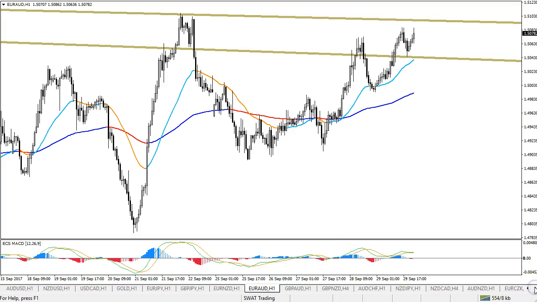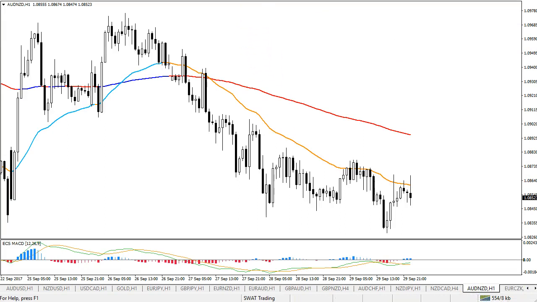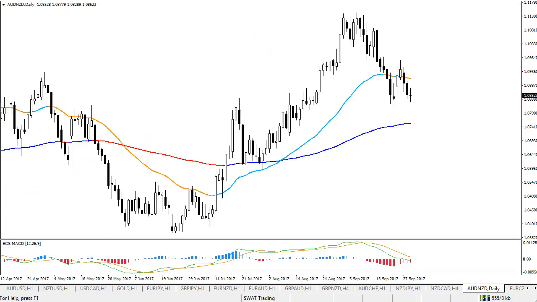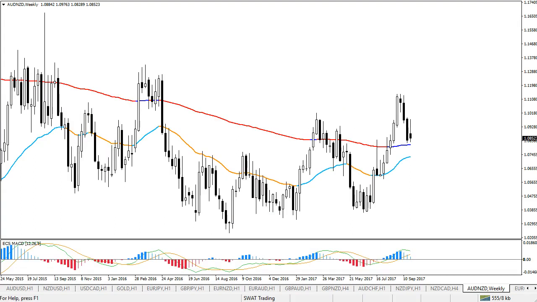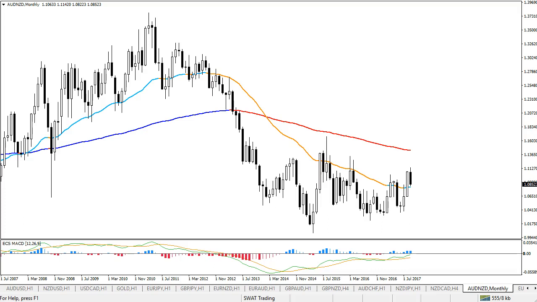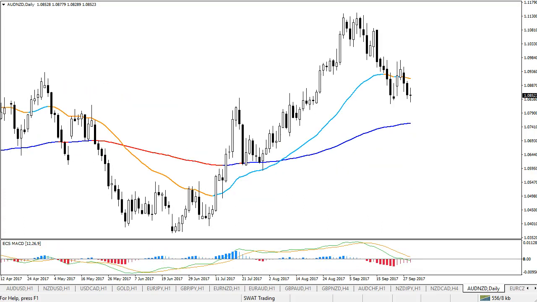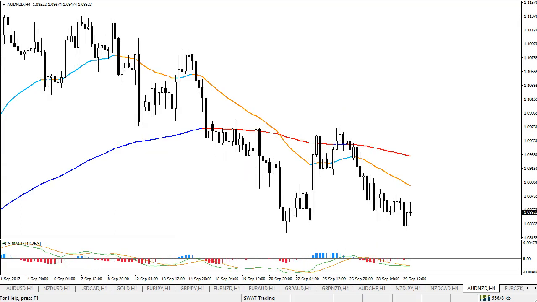We could take a quick look at the AUD New Zealand to see which one could be more interesting, the EURUSD or Euro New Zealand. Having a quick look at that, we see pretty bearish weekly candles. We see a bearish monthly candle. So the Aussie looks a tad weaker at this moment than the New Zealand. So I think the EURUSD, from that point of view, looks probably a little better than the Euro New Zealand